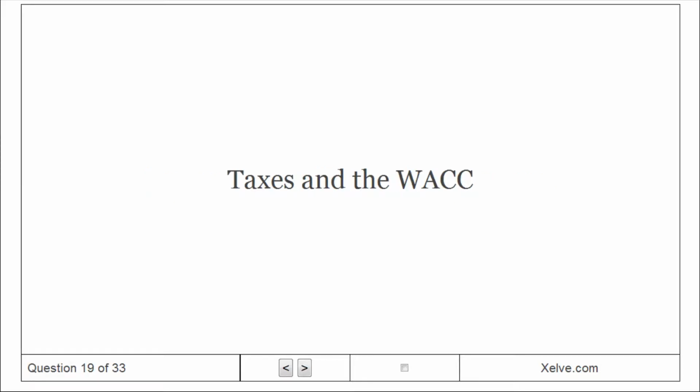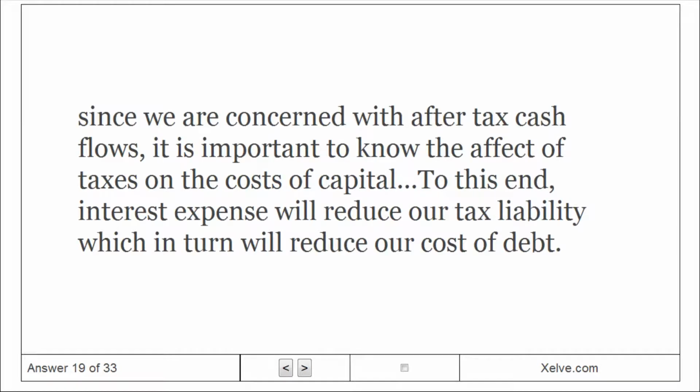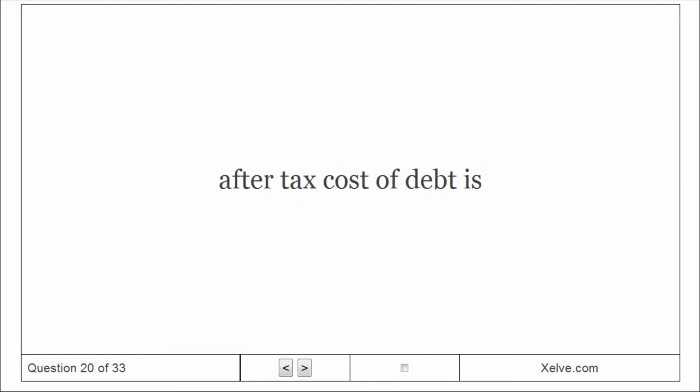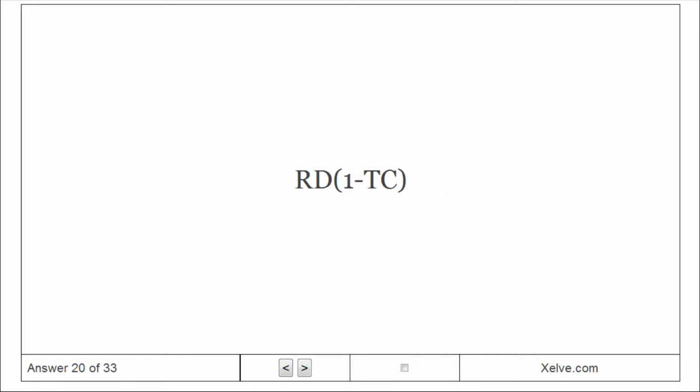Taxes and the WACC. Since we are concerned with after-tax cash flows, it is important to know the effect of taxes on the costs of capital. To this end, interest expense will reduce our tax liability, which in turn will reduce our cost of debt. After-tax cost of debt is